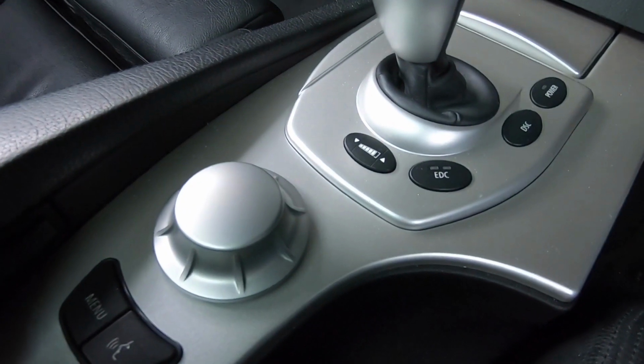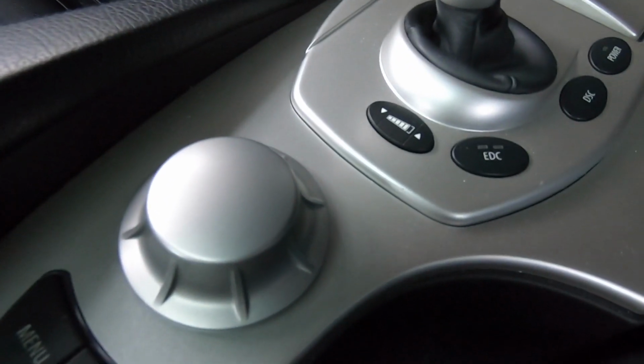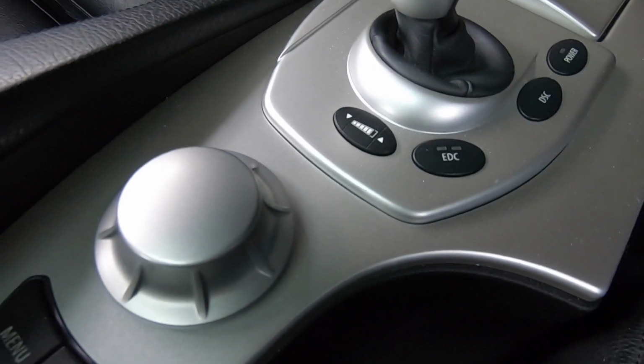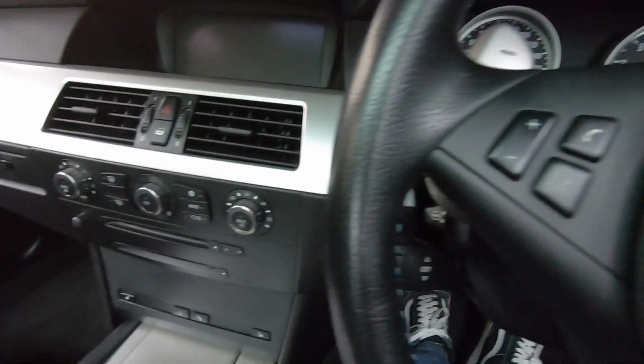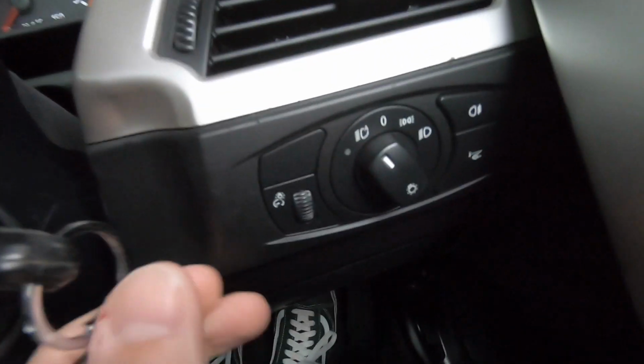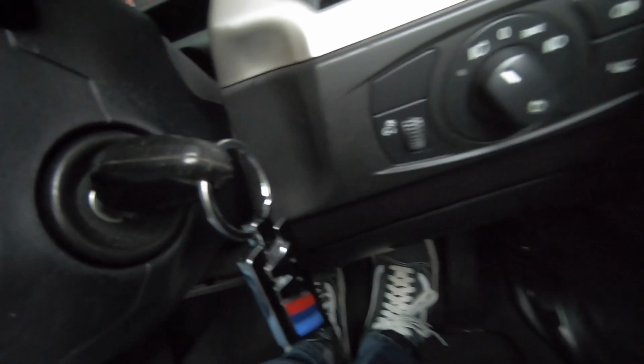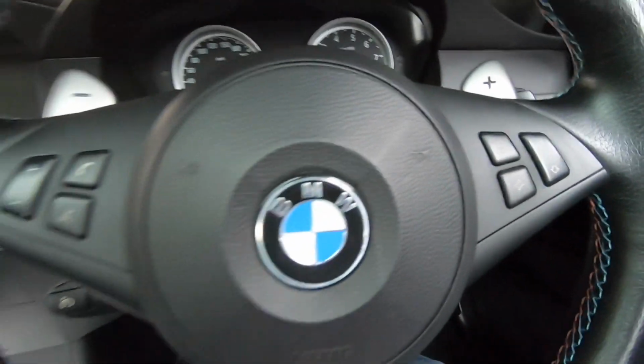And the later models from 2006 onwards had a really beautiful looking key, almost like it was machined out of aluminium. But yeah, this is what the earlier models came with. And of course, this doesn't have the stop-start button and the square key box either. This comes with an actual real diamond key. I quite like that. But like I say, just on the 2005 model, the early models, the later ones came